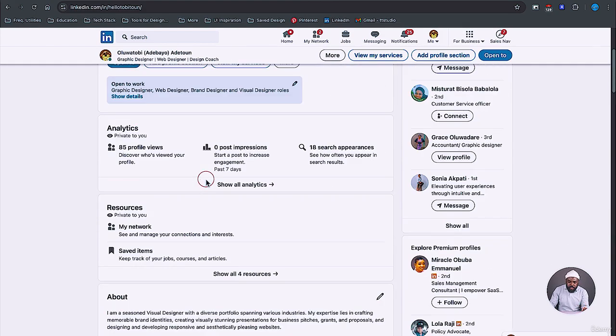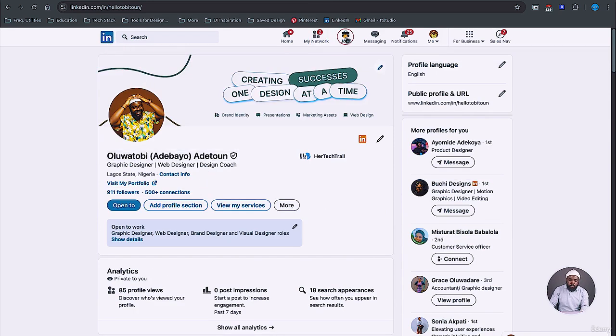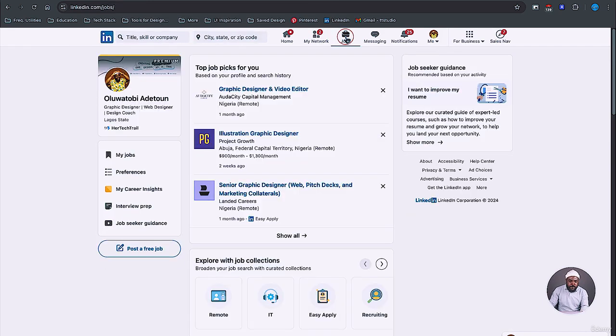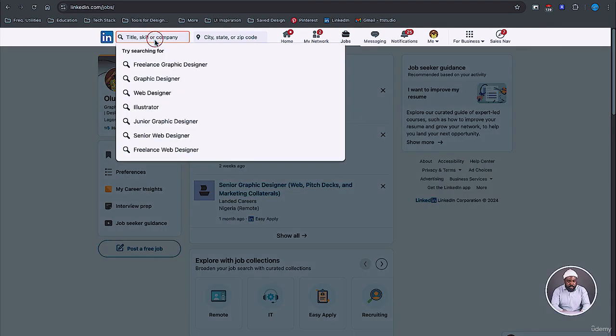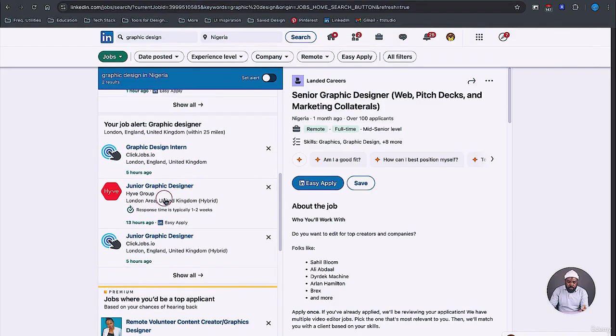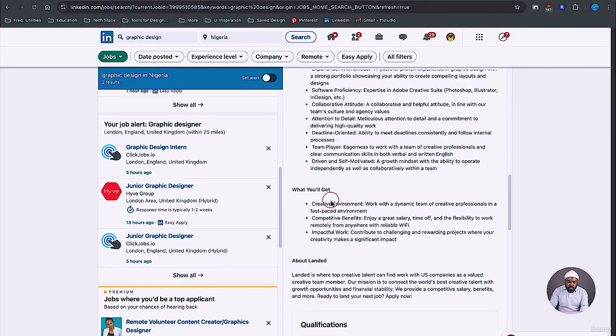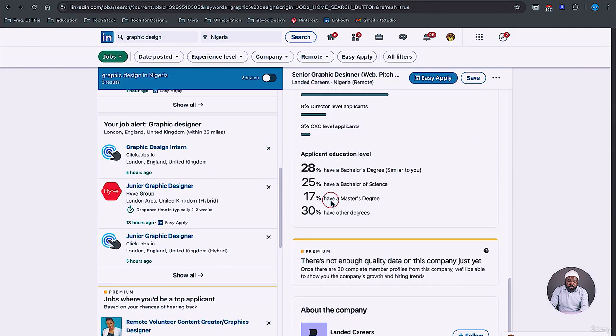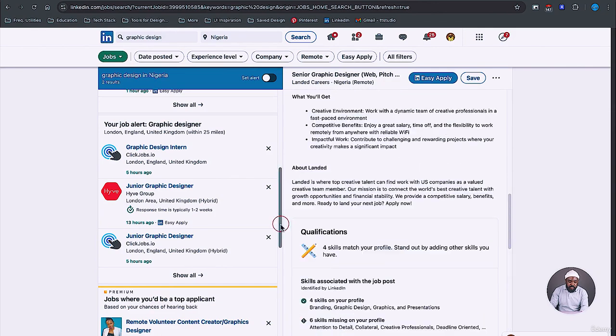And once you have your profile set up again as well, you can simply go to jobs. And in jobs, you can search for specific projects. So here in title, we can search for graphic design. So the ones that are labeled easy apply, once you click on easy apply, it uses your resume or CV that you've added to your profile to easily apply for the job. They'll ask you a few questions and you can apply. But the other ones, you might be taken to another website, you might be required to send an email or just apply for the job on here. And you can see more details about each of the jobs that you click. So if you click on a job here,